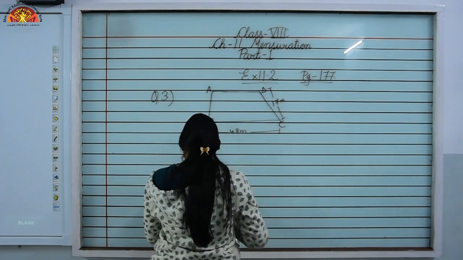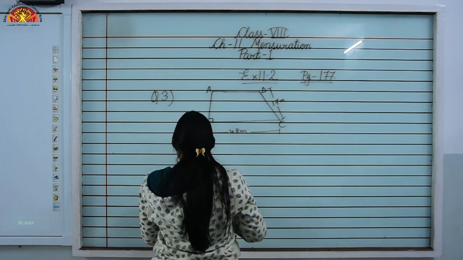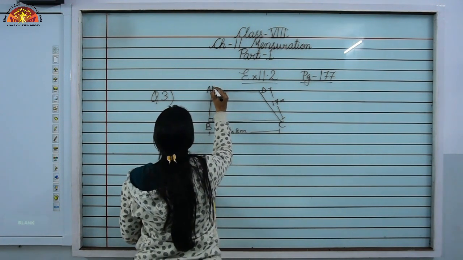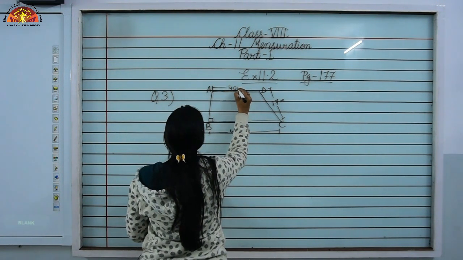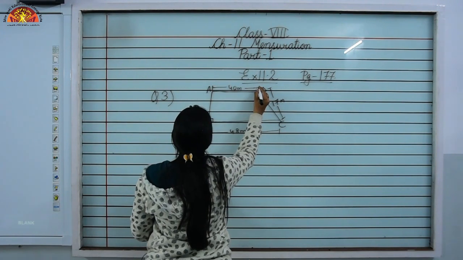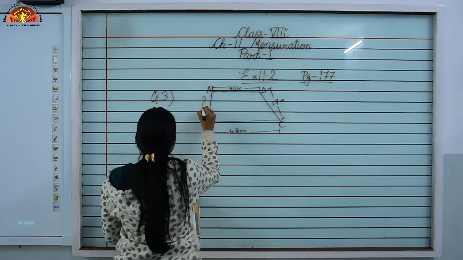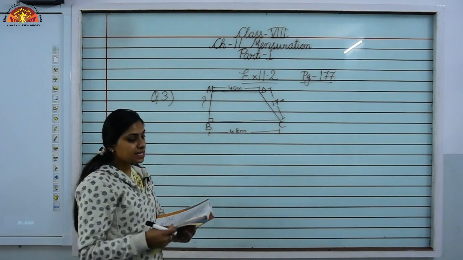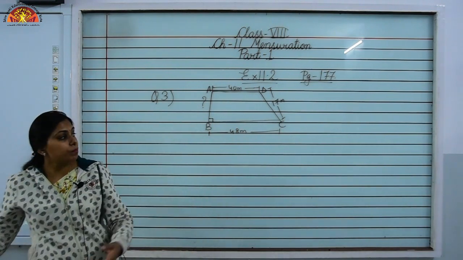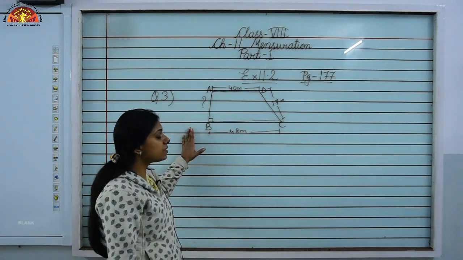CD is equal to 17 meter. AD is equal to 40 meter. But AB is not given to you. So children, as already given to you, the perimeter of a trapezium is equal to 120